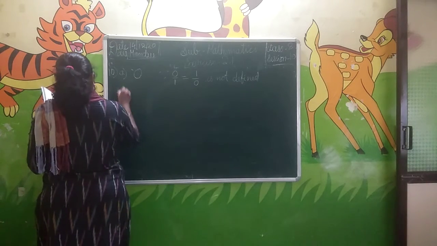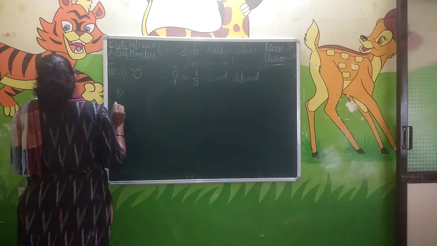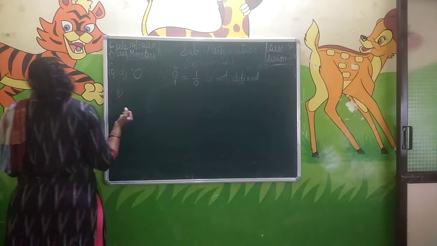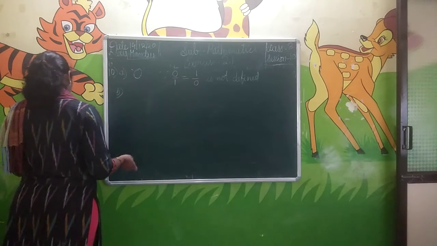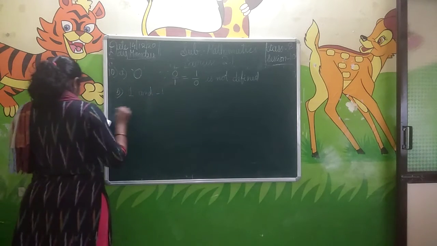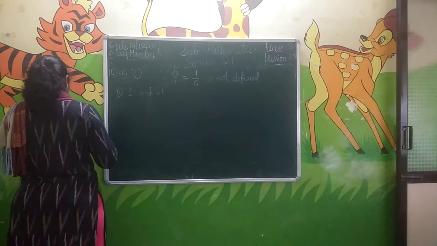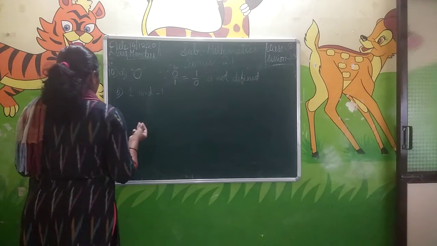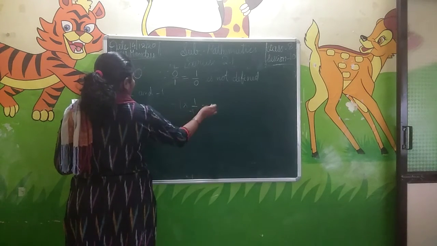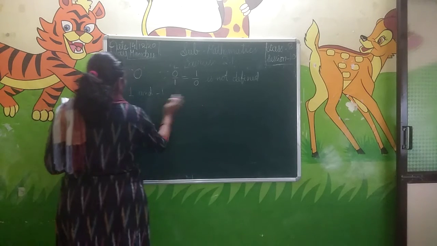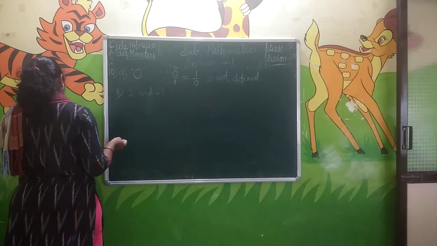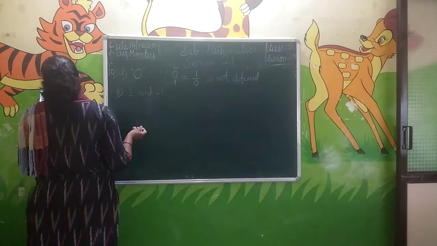When you come to the second problem, B, the rational numbers that are equal to their reciprocals. That is what was said in the fourth main: find the multiplicative inverse of the following, that is -1. So 1 and -1 are equal to their reciprocals. For example, if you take -1 into 1 by -1, we get the product 1. So it is the multiplicative inverse.